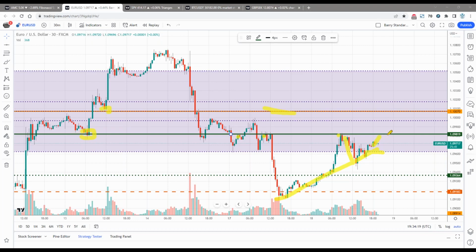Now, there's no rule, there's no law that it's not going to break right through it and go up. There's no rule or law that it's not going to hit it and go down. There's nothing that we can bet on. But we know that this has become a key structural level. So we might want to say, okay, if price moves up to this level and bounces off of it, we would open a sell trade. Where we would open a sell trade is several points below the bounce off of this level.